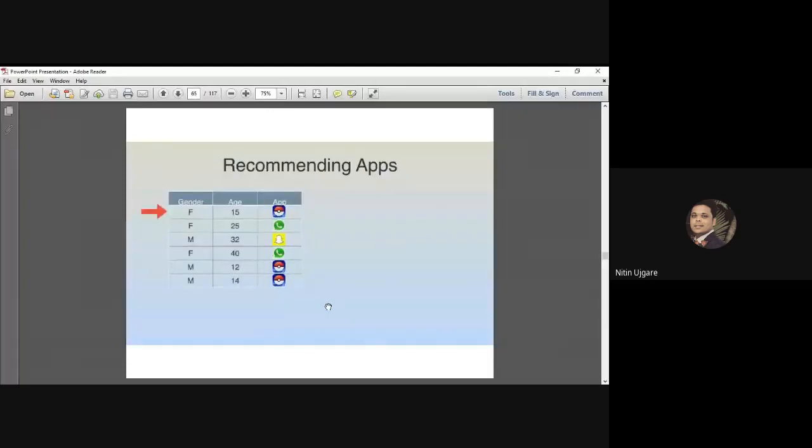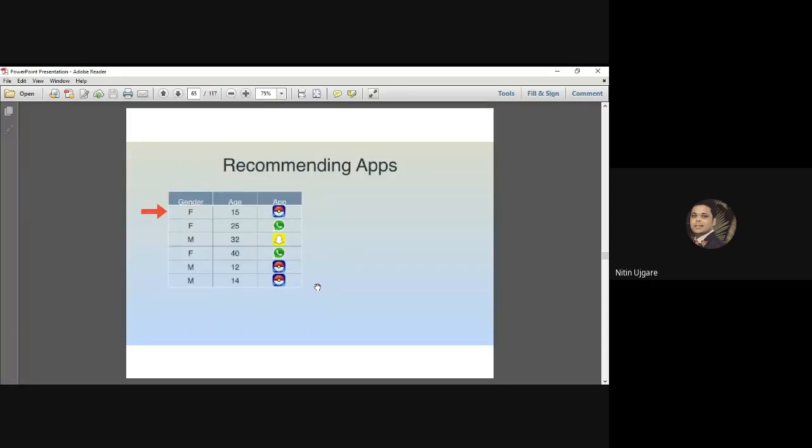So the first user, the first person, let us see the first example's gender. Like this, different people are given to us, and we need to recommend the new app that the user is most likely to download. Do you understand what the problem statement is? Recommend the app to the users that they are most likely to download, based on some criteria again.